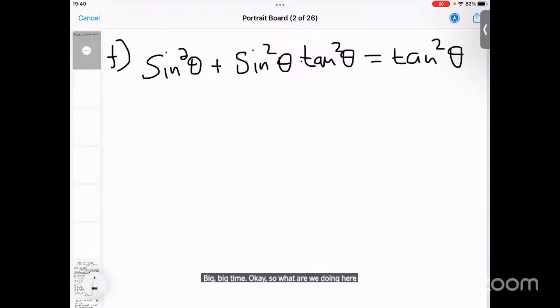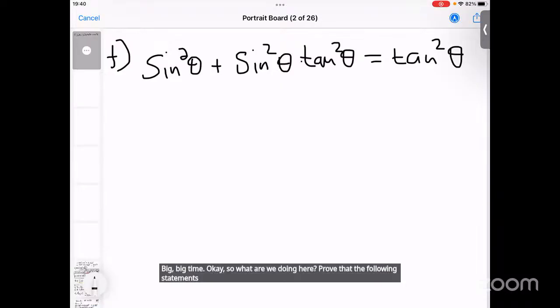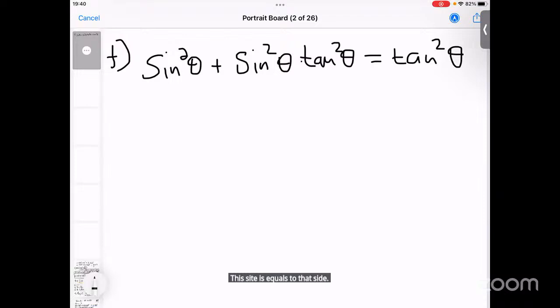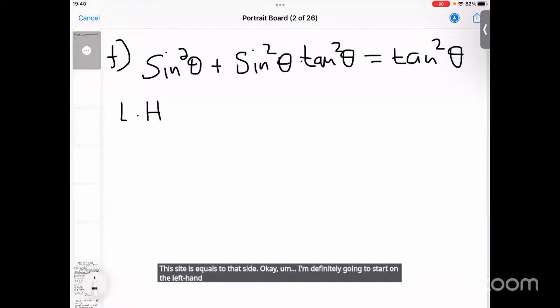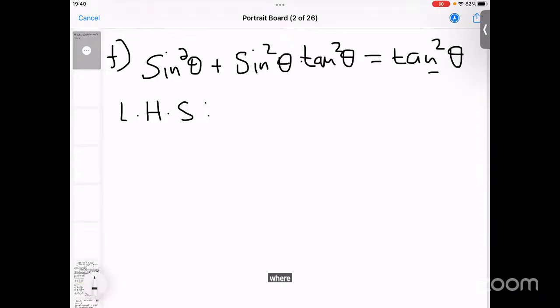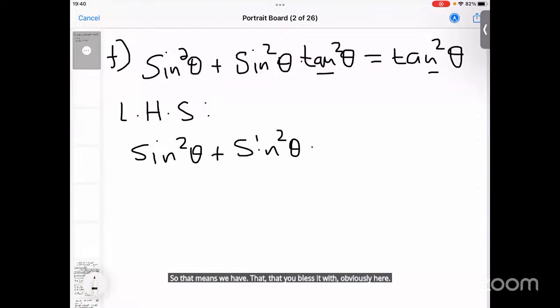Okay, so what are we doing here? Prove that the following statements are identities. So that means we need to prove that this side is equal to that side. I'm definitely going to start on the left-hand side to see if I simplify the left-hand side, it will end up being equal to that. Where is the starting point? I would start by rewriting that tan. So that means we have that plus it with, obviously here, sine squared. Since that one is that, then it means we are having